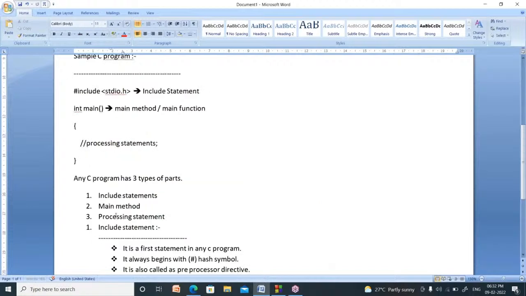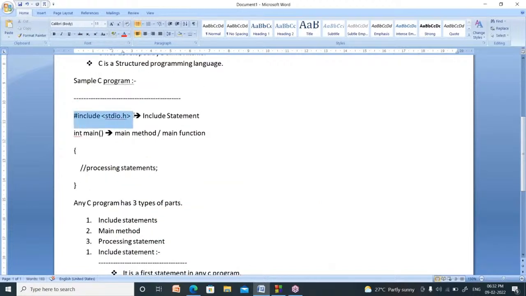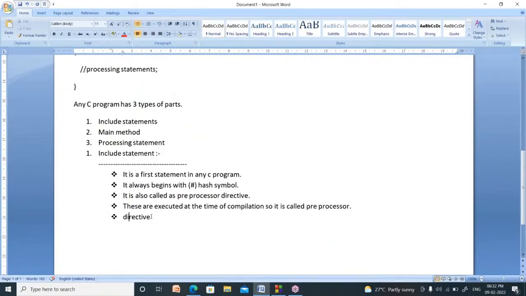Directive means the hash include statement gives direction to the compiler. It gives direction to the compiler, so it is called a directive.